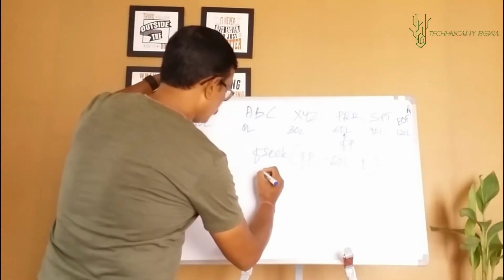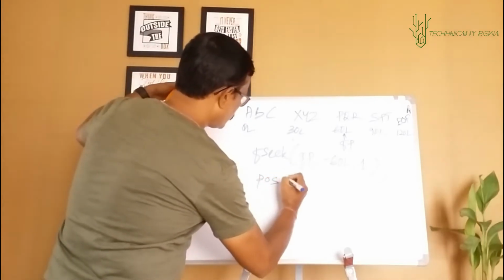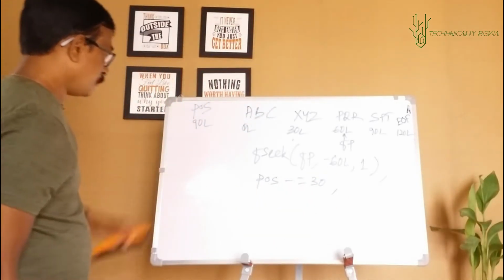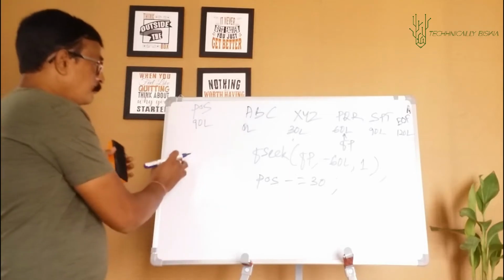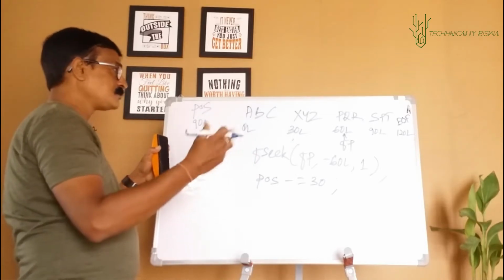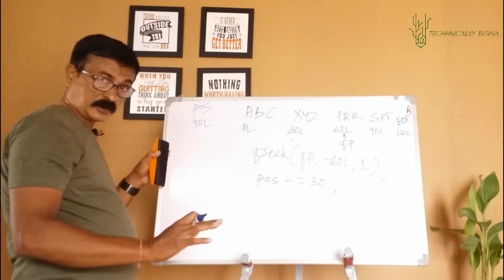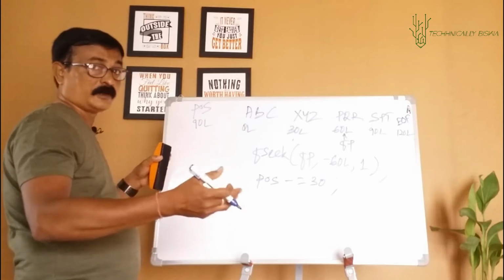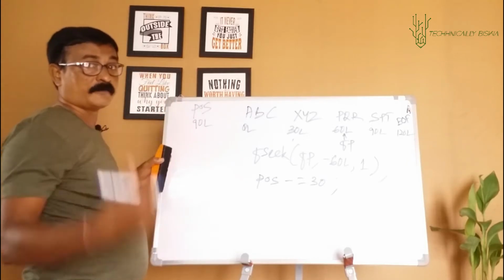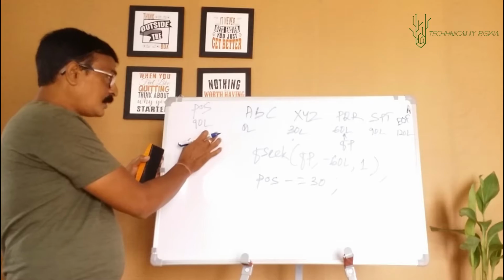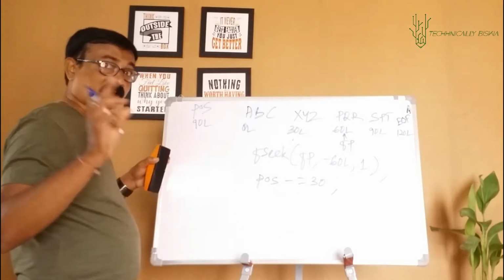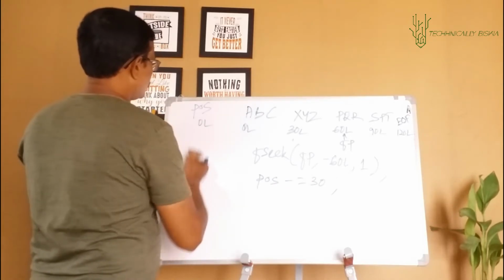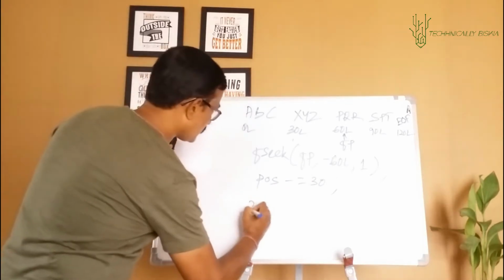Now what happens? After this, I do this: pos minus equal to 30. What will happen? Pos is 90. Remember, this is a loop depending on pos. So pos has to reach 0. Till 0L I will be reading. After that, when I go for minus 30, the value will become minus 30 and it will come out of the loop. But till that time, to run the loop, I need to decrement pos by 30 each time. So pos minus equal to 30. So pos becomes what? 60. And finish up your loop.